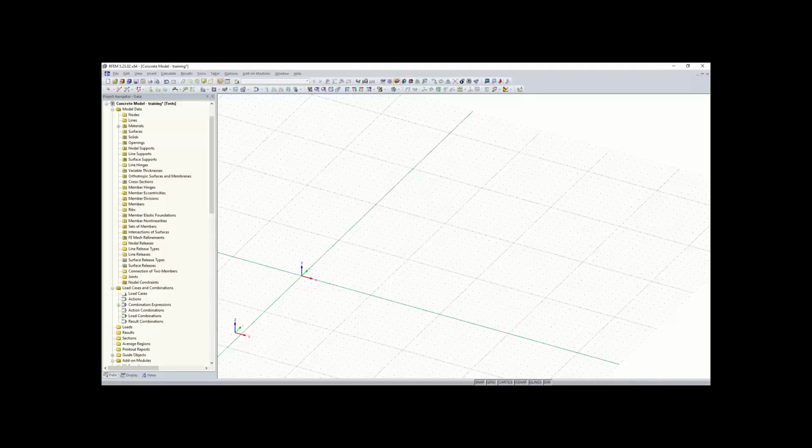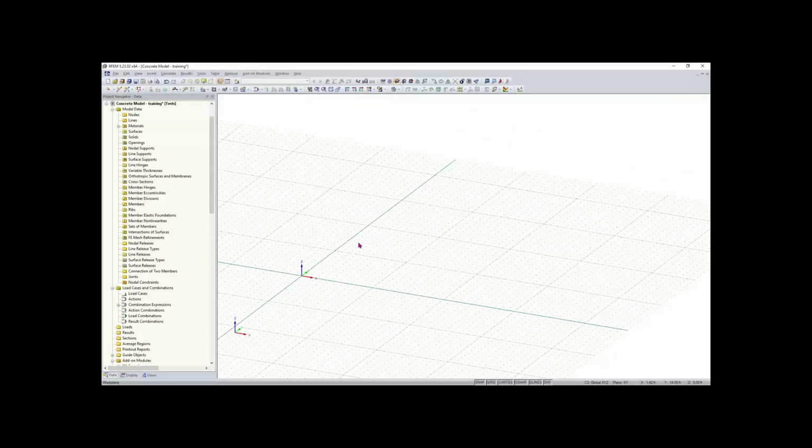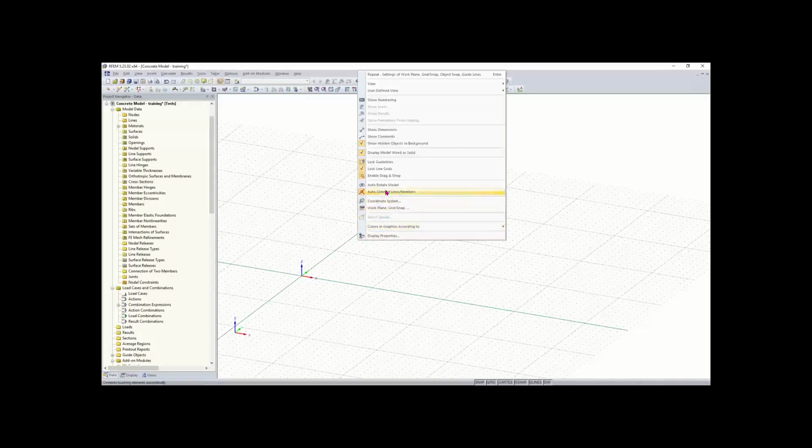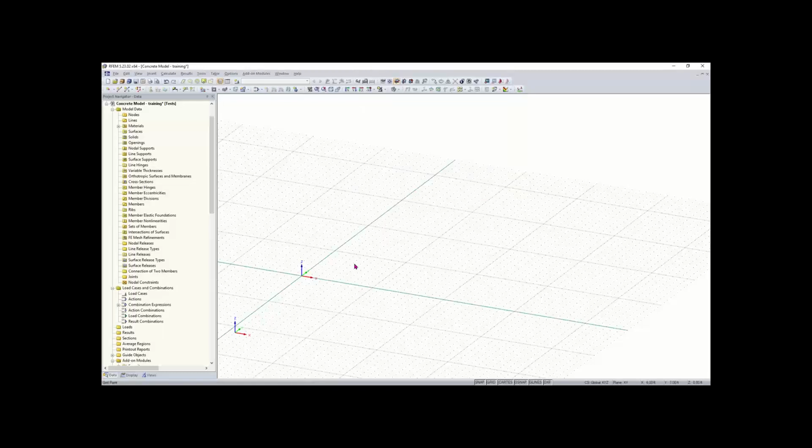And now I can begin creating my slab, my floor slab for this building. I also want to turn off another option that we have in the program. If you right click, you can see this option that says auto connect line / members here. I'm going to turn that off. That's on by default. What that does is when you have a line intersect with another line, the program will automatically separate those lines into separate members and connect them and add a node. And you'll see a better example of that when I get into